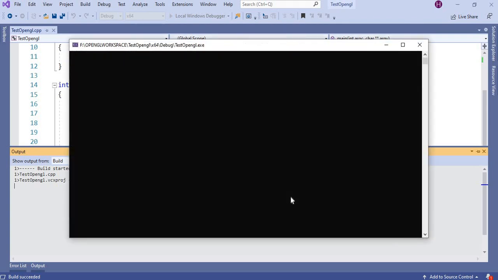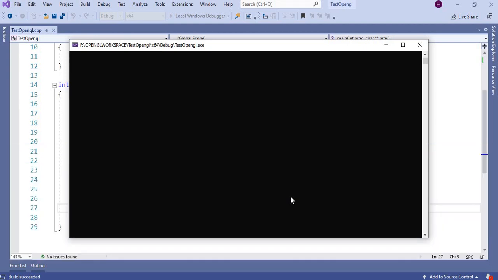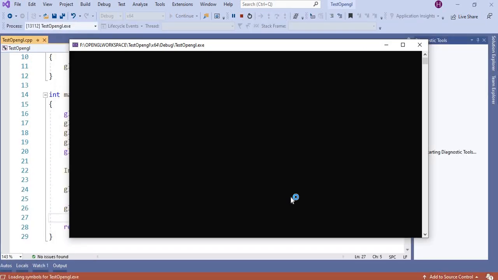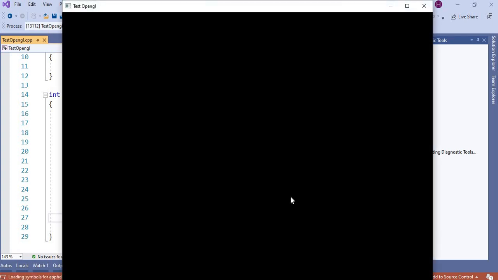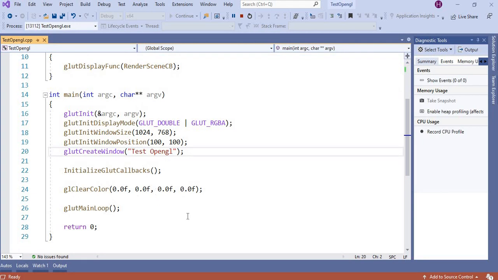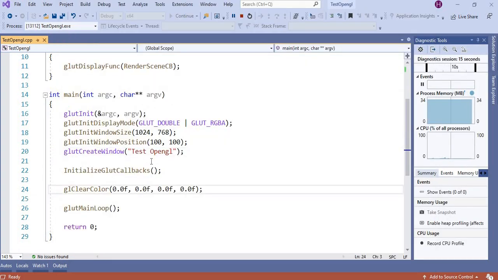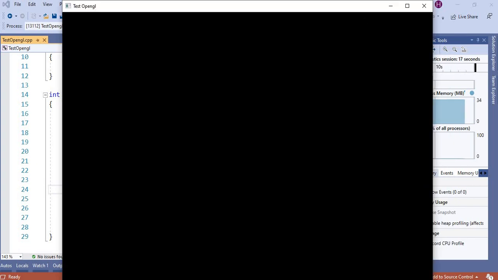So this way your freeglut is set up in your system. You can do this for all, GLEW, GLFW and GLUT. Okay, so see, nothing is there. I have given a black color of window. So black color window, name test OpenGL, test OpenGL is there.